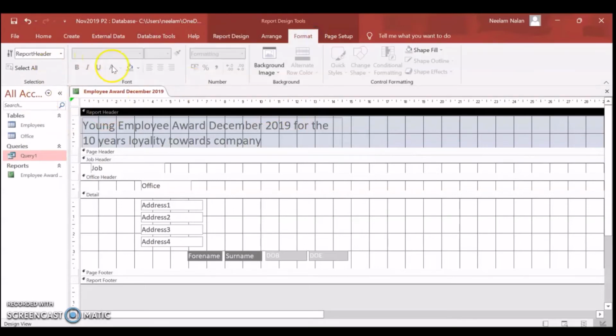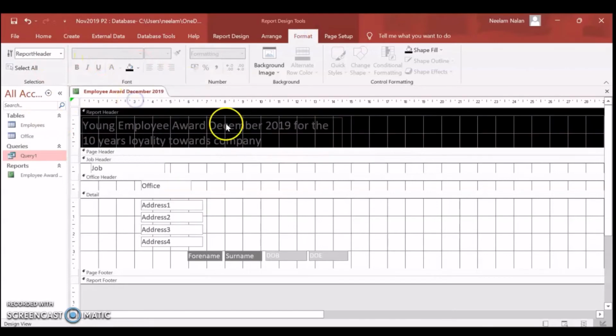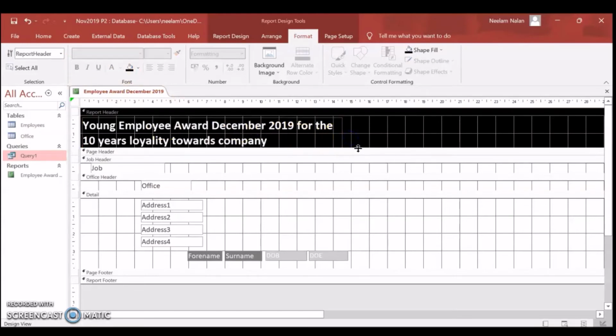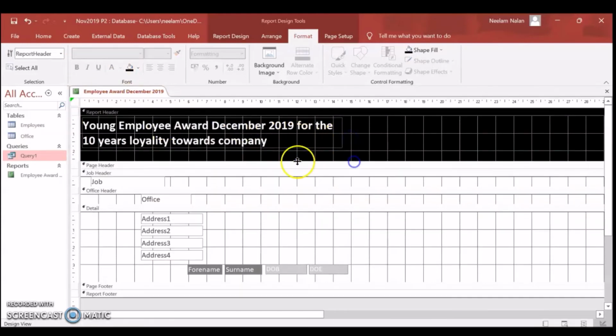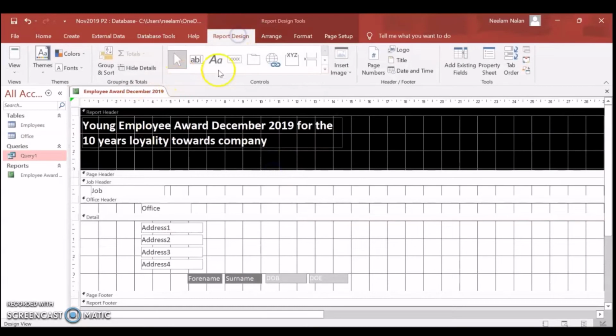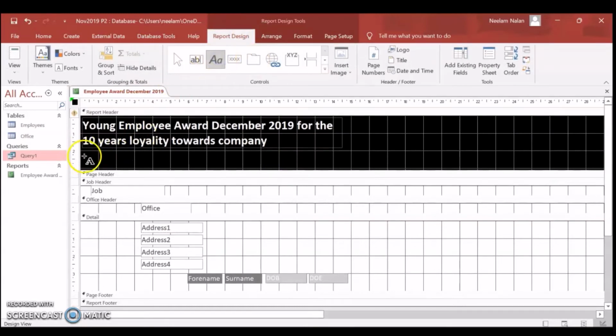It should be filled with the black color and the font should be white. Let's make it a little bold. And below that, the report header, we have to write some text. We'll take a label. Report prepared by a candidate, followed by the center number and the candidate number.